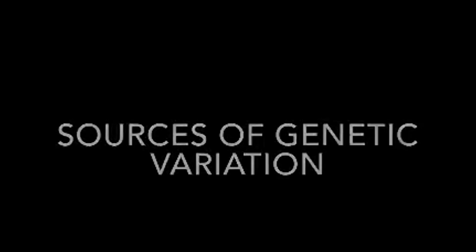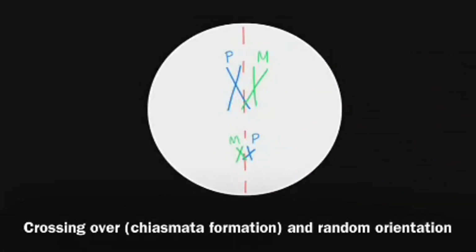Sources of genetic variation. During meiosis, crossing over and random orientation of homologous pairs can promote genetic variation in the gametes produced. This is because crossing over can result in DNA being exchanged between non-sister chromatids in a homologous pair. Random orientation refers to the location of the maternal and paternal chromosomes in a homologous pair when they line up